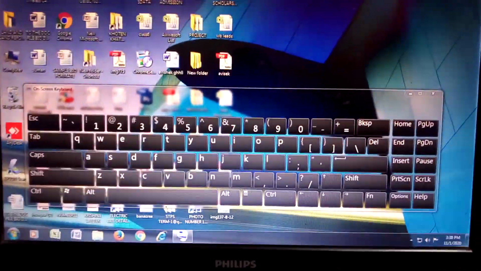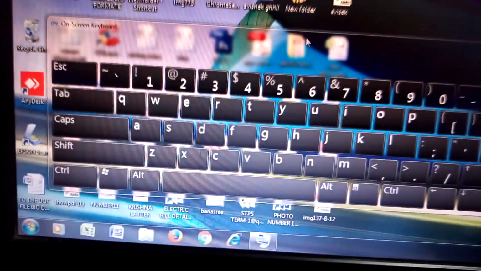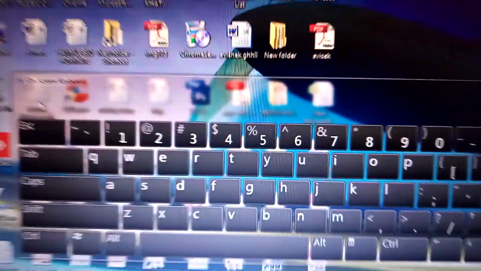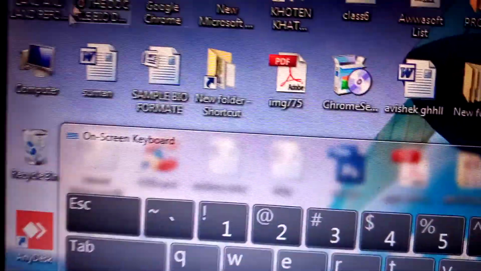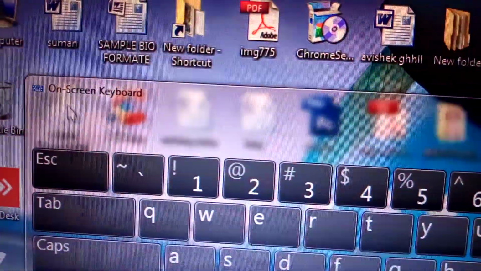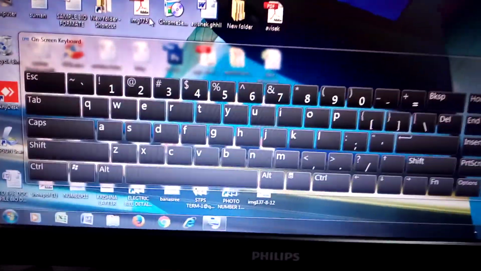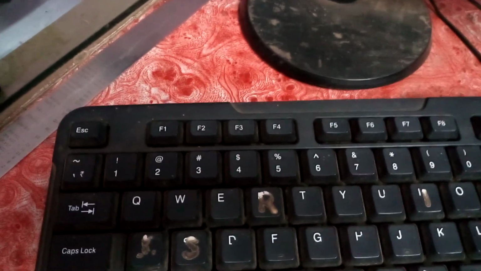You can see that this is the virtual keyboard, also known as the on-screen keyboard, which is available with the computer. This is the keyboard which we can use for typing. On this keyboard, read the names of the keys you have written in the get set activity.